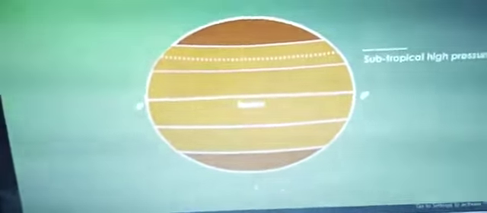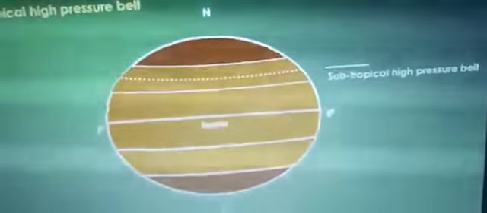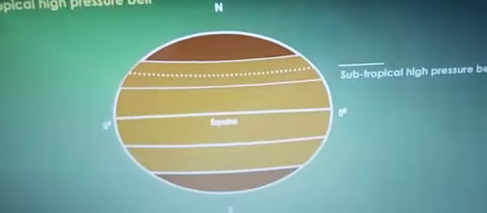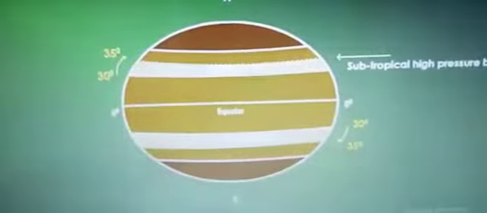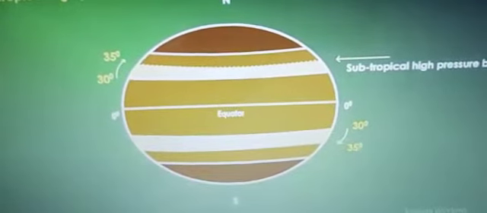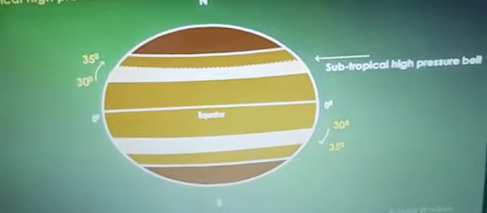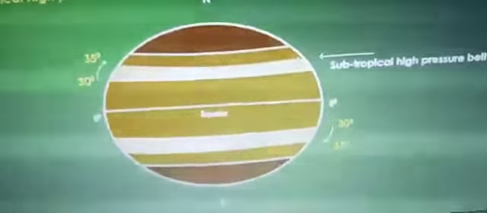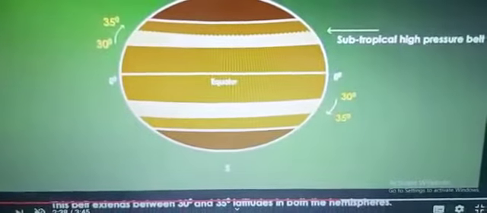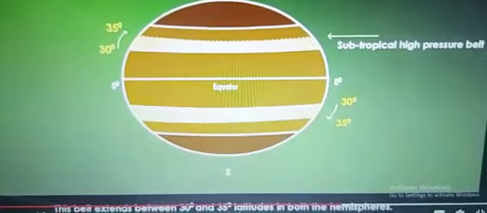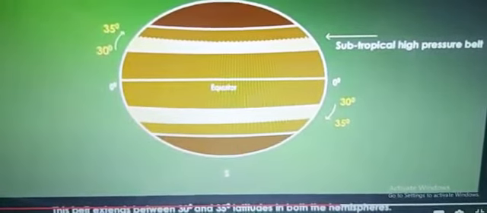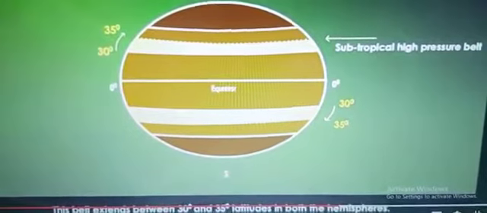The subtropical high pressure belt is the other one. At about 30 degrees north and south of the equator lies the area where the ascending equatorial air current descends. Now the air currents descend, they come from a higher to a lower point. This area of high pressure is also called the horse latitudes, children. Wind always blows from high pressure to low pressure. Now children, I told you what is low pressure and high pressure, okay children. So the wind is always blowing from high pressure to low pressure.